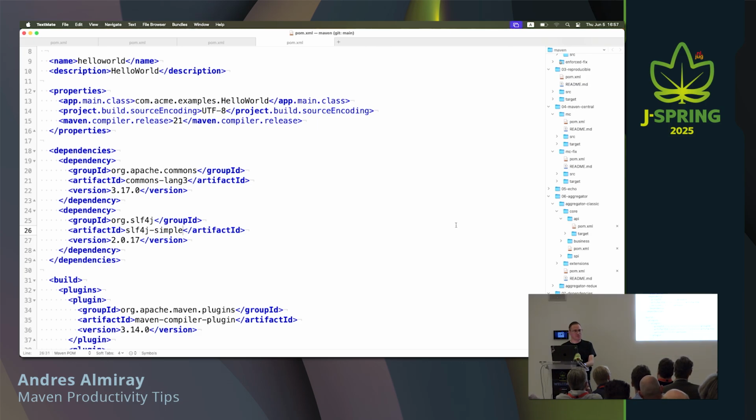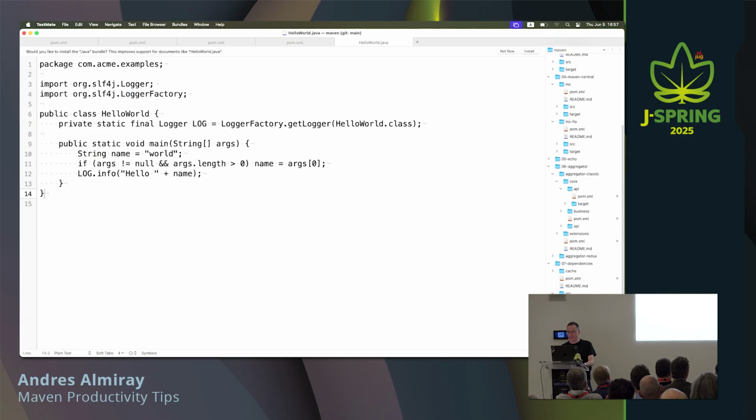I was about to say langchain4j because if I don't mention AI, did I ever have a session at the conference, right? So the source file here is quite simple, and it has an explicit dependency on SLF4J API, not on commons lang and not on simple, obviously, right?